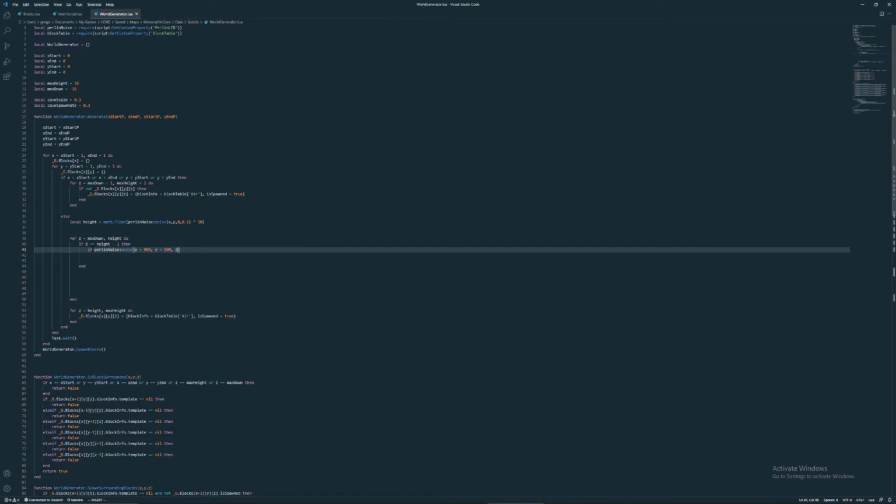So for the z value, because we want to make sure that there's going to be a block here. If the noise is above a certain range, then there'll be grass. Otherwise, if it's below, basically randomness, but it follows a kind of randomness that actually